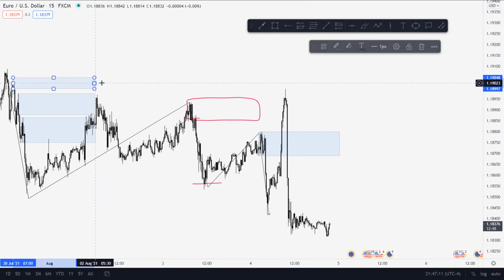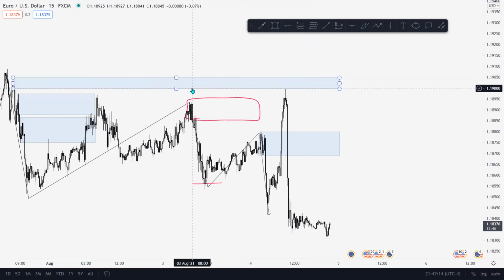But now here's the problem. Look at what price ended up doing today. It actually came up to mitigate this candle. Now here's the thing. I'm highlighting this trade because you definitely would have won. This would have been a beautiful trade, and you would have had a huge RR, and you also would have hit your TP really quickly, right? Which is great. But I can promise you guys that that does not work out that often.